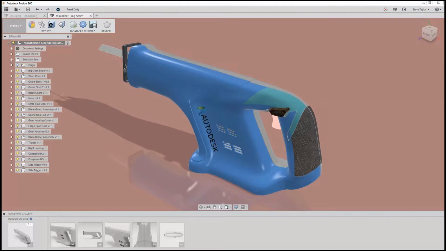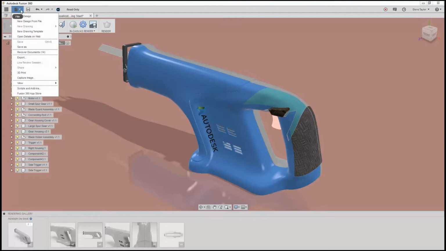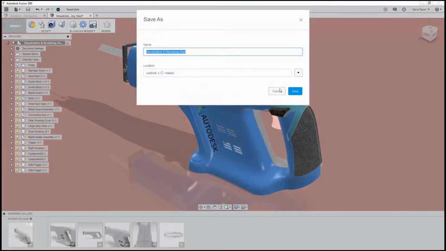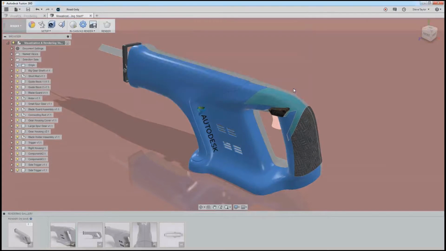Before we can actually do a final render, we need to remember that these exercise files are read-only. So we need to save our own version to a project. So this actually won't render or produce that final rendered image unless we've actually saved it. So if we go save as, just save, and that will now allow me to actually complete my rendering. So if I go to render,